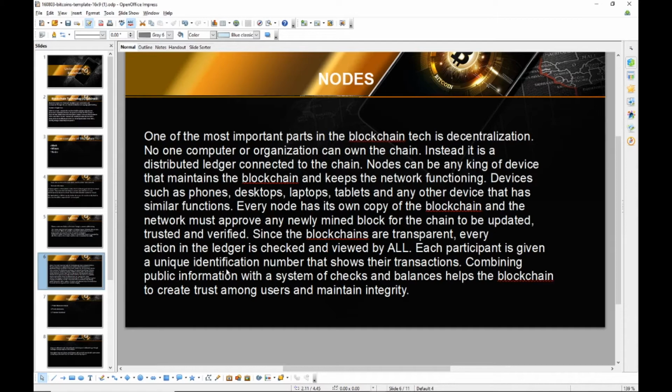Each participant is given a unique identification number that shows their transactions. Combining public information with a system of checks and balances helps the blockchain to create trust among users and maintain integrity. So anything that is done, basically, it's out there. So we know who's doing what and who's doing who. That's why everyone trusts. It builds a level of trust, man, because you see what everyone's doing, and